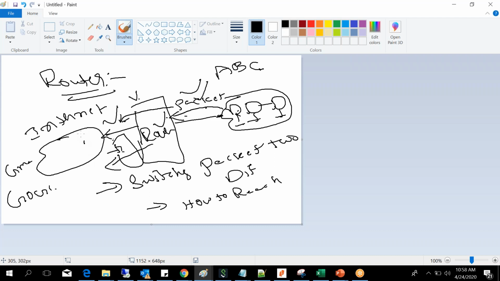Let's explain with an example. Here there are two guys. One is an Indian, another is a Chinese guy. How will they communicate? The Indian guy doesn't know Chinese.